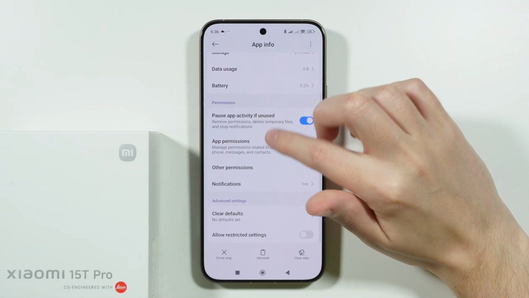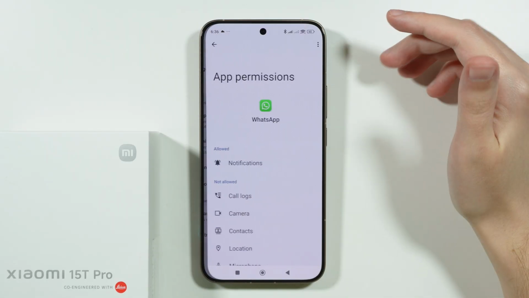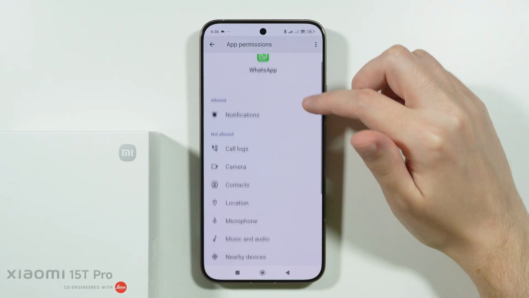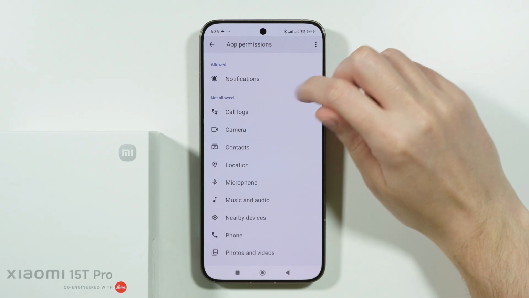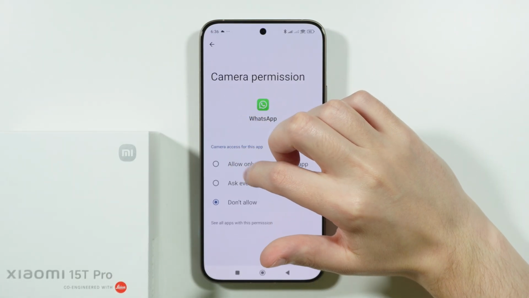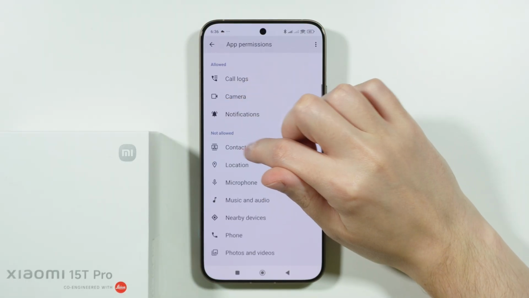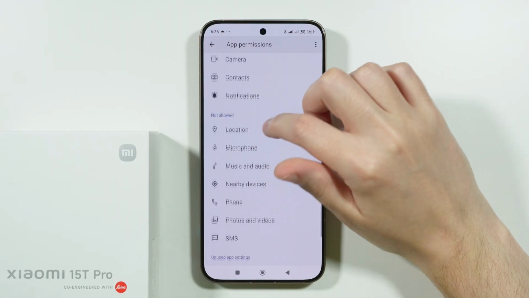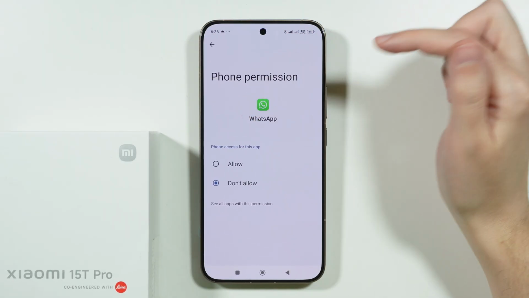In here we can go to app permissions, and of course we need to make sure that certain permissions are granted. In my case, they are not granted yet. So for example, you can grant permission for call logs, for the camera, there we go, contacts of course, but I think one of the most important permissions